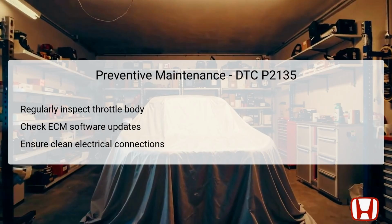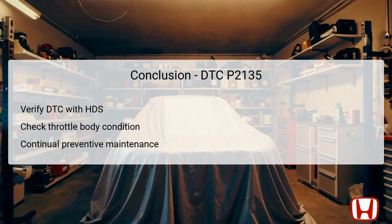It's also crucial to ensure electrical connections are clean and secure, as corrosion and loose fittings can lead to signal interruptions, triggering fault codes. Proactive checks can greatly enhance the vehicle's long-term reliability and performance, thus ensuring a smoother driving experience. In conclusion, troubleshooting DTC P2135 involves a systematic approach to identify and rectify the correlation issues between the throttle